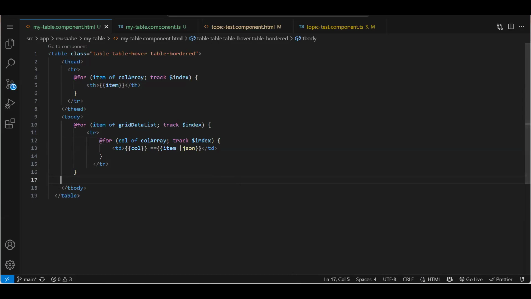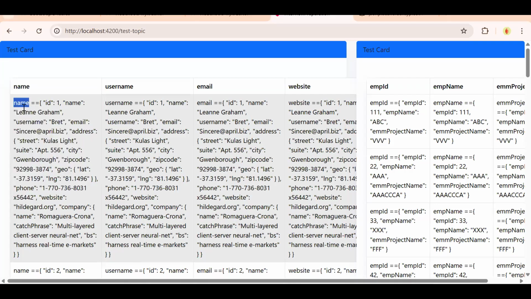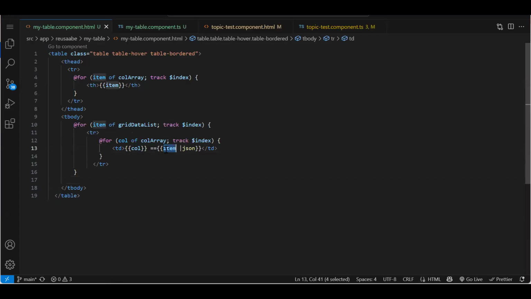Now just see properly. You have the whole object and you have this key name. So in your object, you have the key name. See here, username, email, website, somewhere website. So you have an object. Inside that object, this particular key is also present. Now, from this object, you want to extract a particular value for this particular column. So